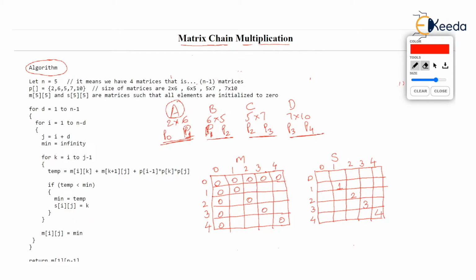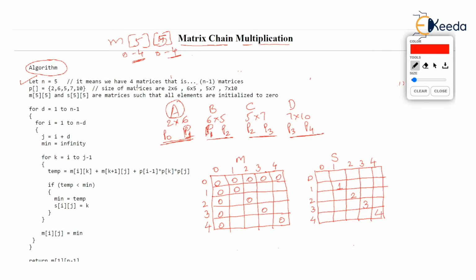That's what I have done in the algorithm. In the algorithm, I have taken n as 5. Actually, we have four matrices, but I have taken n as 5 because we are going to build a matrix. M is the matrix and M will be declared as a 5 by 5 matrix. Actually, we have only four matrices that we want to multiply. But listen, 5 rows means rows 0 to 4, isn't it? And 5 columns means columns 0 to 4. Hence, we will use rows 1 to 4 and columns 1 to 4.